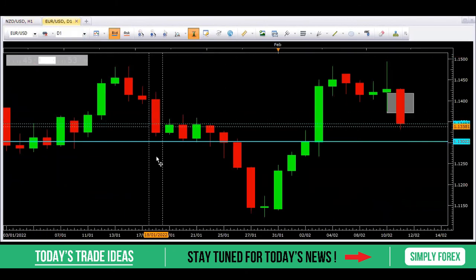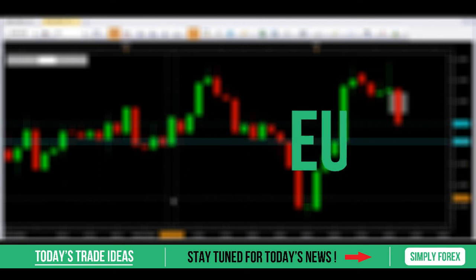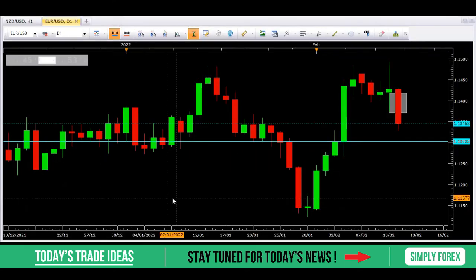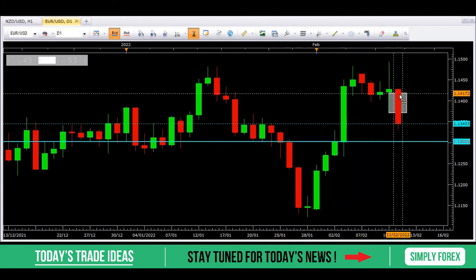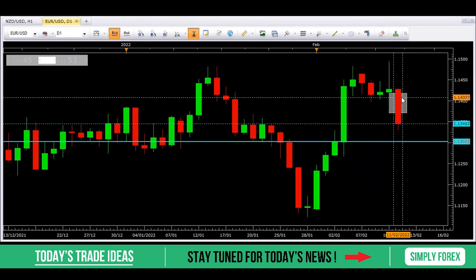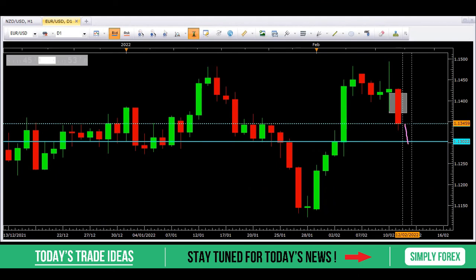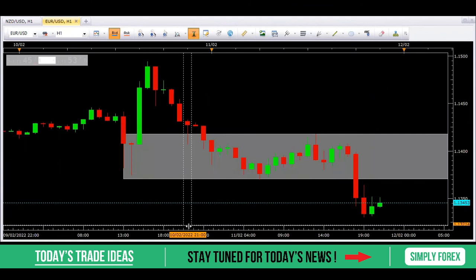The second one is the euro dollar against the US dollar. Obviously, both the trades we're looking at is US dollar strength. So trade the one that gives you the best setup, guys, okay? But yeah, euro against US dollar, we're looking to short this. We had a large bearish candle form on Friday. And I think we can just take price back down to this blue line here, okay? But we do need a retrace to give us some value. Okay, so let's look at H1 for execution.